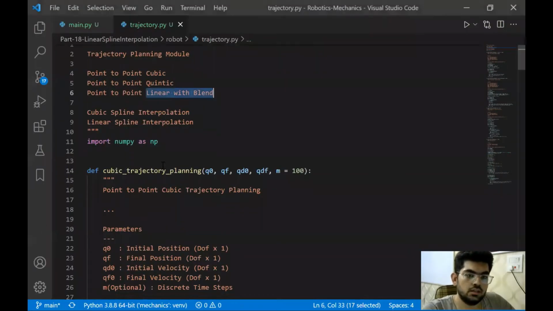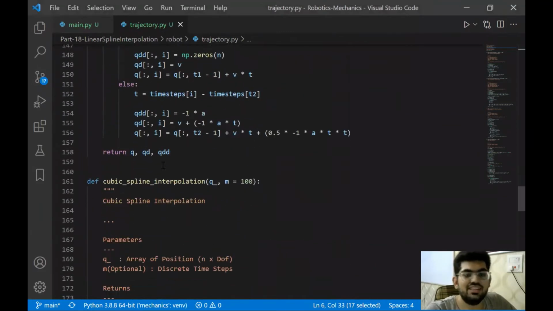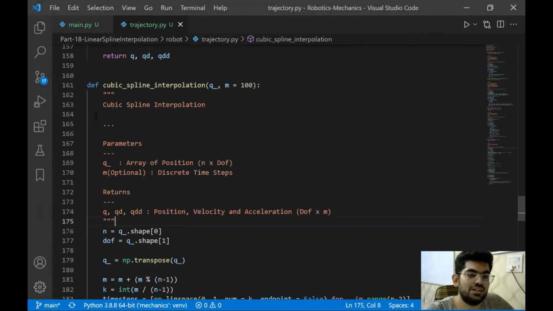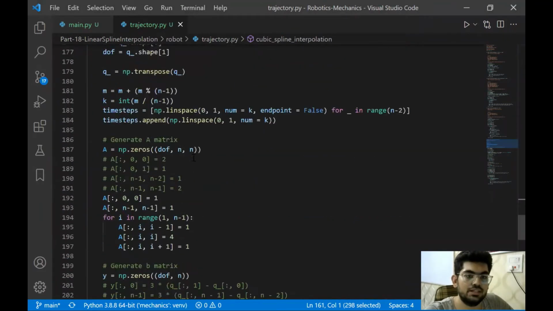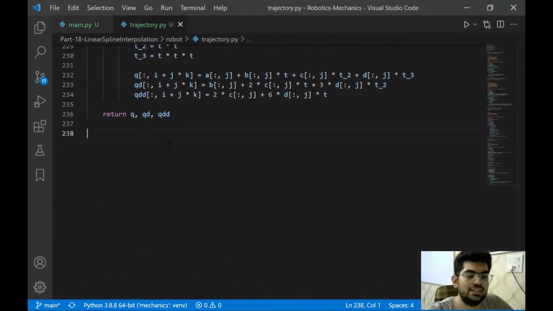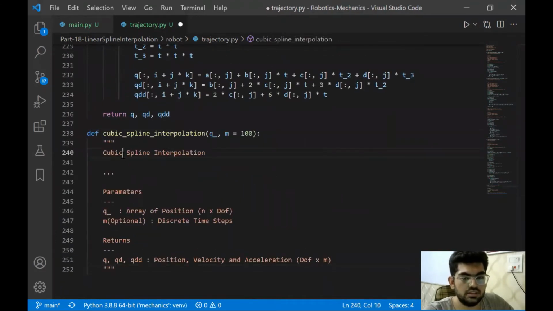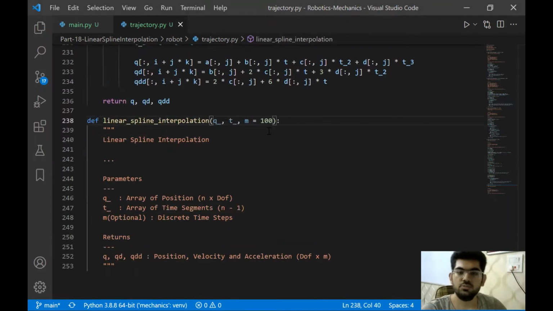Okay. First of all, as usual, we are going to copy this documentation and function definition part, so we don't have to write everything again. So let's change some names over here. In addition to the cubic spline interpolation, we have an additional parameter over here, that is t.